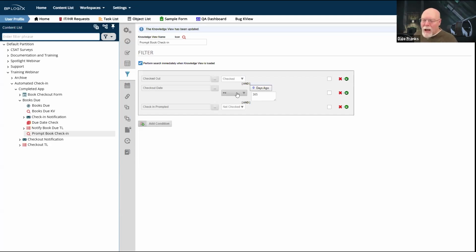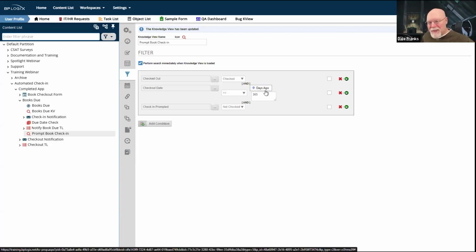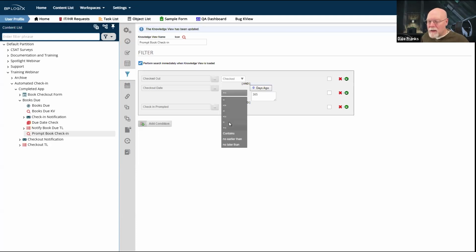So what we would naturally think, if that's how it worked, is let's take today and go back 365 days and ensure that this is greater than 365 days ago. But that's not what this does. We want it to be less than or equal to what the date was 365 days ago.